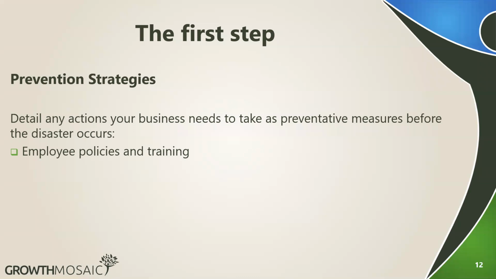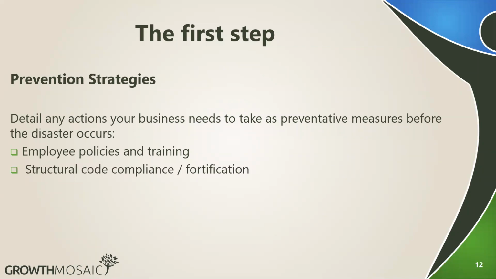Employee policies and training. So this, again, is a prevention strategy. It's something we do before anything happens. And basically, we've agreed with our employees that in the case of any disruption, these are your roles, clearly defined. This is what you have to do. And you don't just assign tasks or responsibilities to them. You make sure they are trained for it. So you might have to conduct regular training. You might also have to conduct regular tests to make sure they are still capable of whatever you've trained them to do.